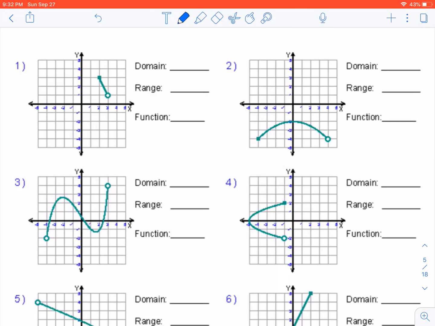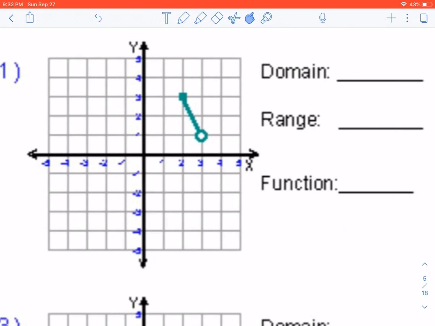Alright, so this is the second part of 3.3, talking about graphing functions, domain, and range. So when determining the domain, remember domain is x, range is y. So domain is how far to the left and how far to the right does the equation go. So in this case, the farthest to the left it goes is 2, farthest to the right it goes is